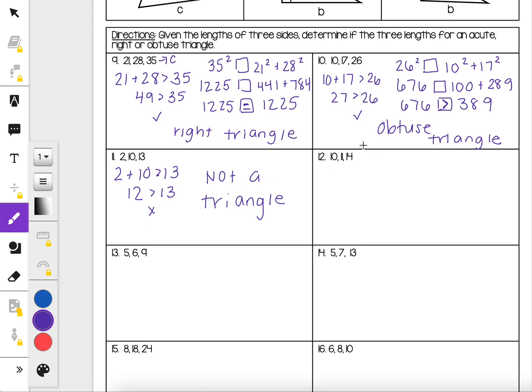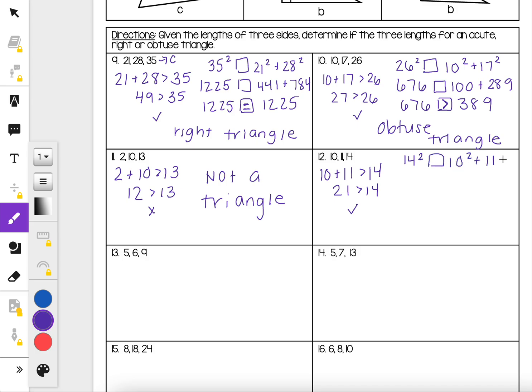So we're going to move on to number 12. So number 12, I have 10 plus 11. I check to make sure that this even forms a triangle. And in this case, it does. I get 21 is greater than 14. So now we're going to check to see what type